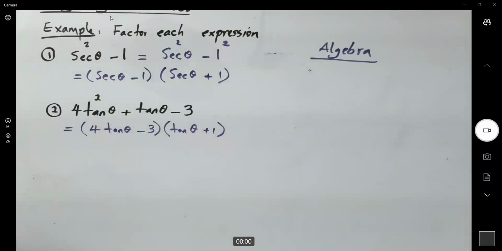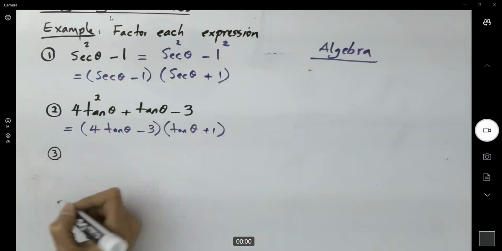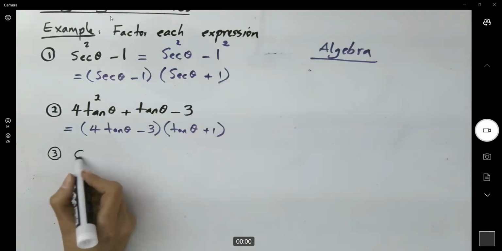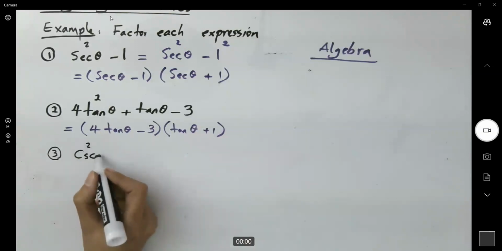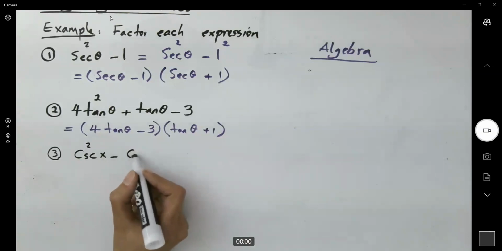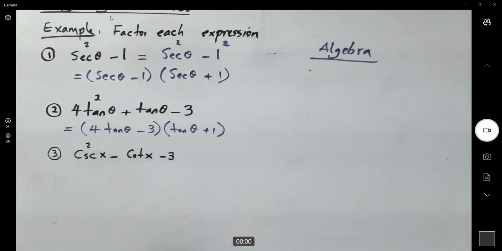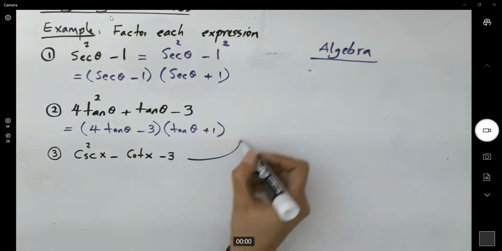This example says, now work with this expression: cosecant squared of x minus cotangent of x minus 3. How do I write this in factors? Can I apply the quadratic formula here? Guys, note that